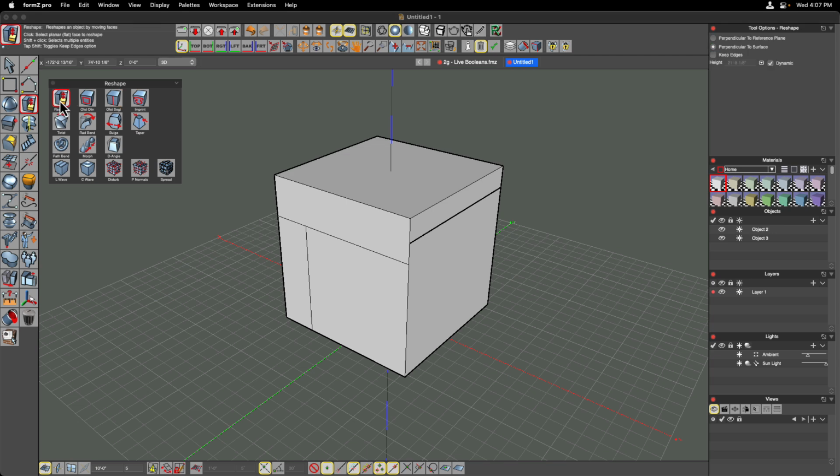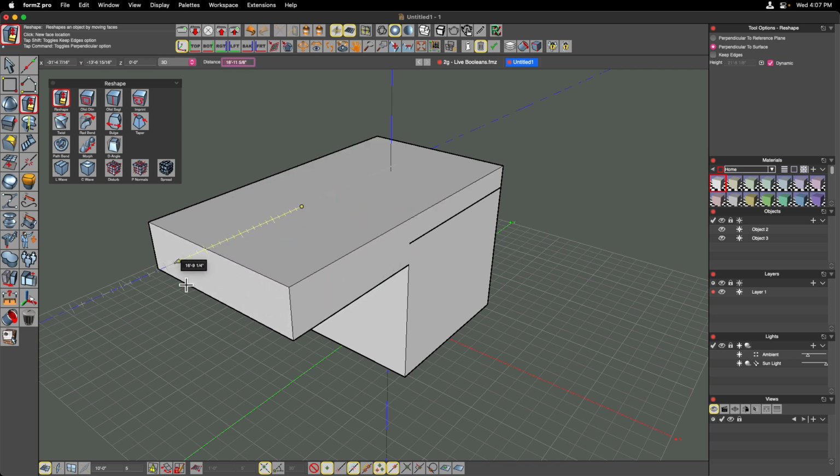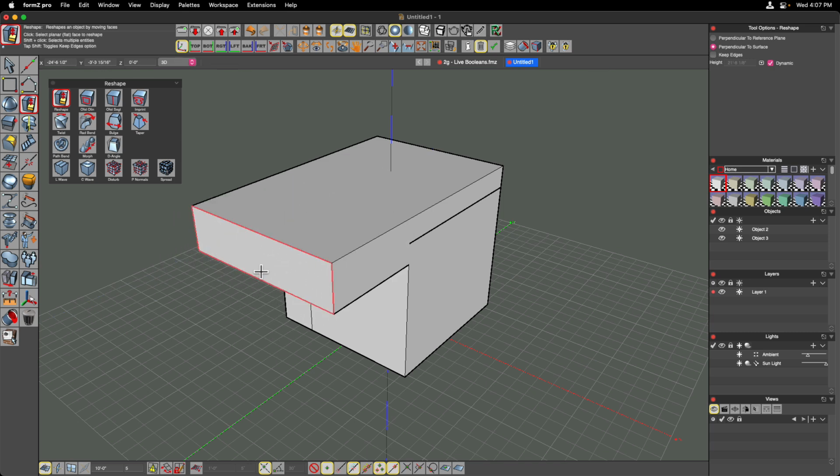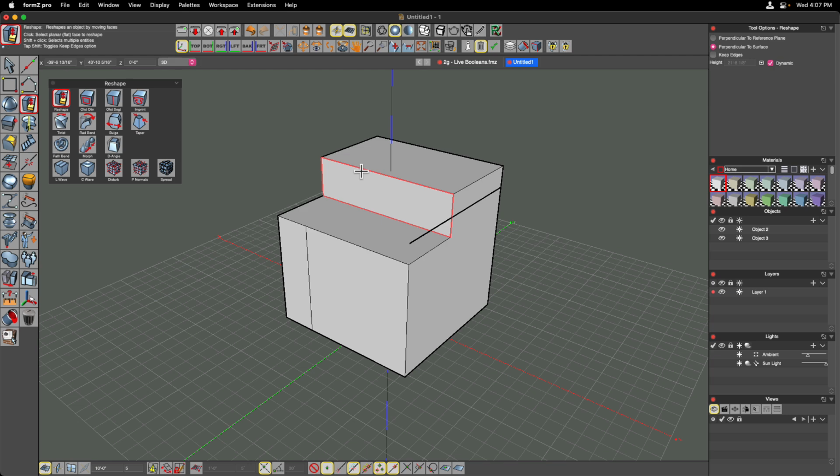So now going back to the Reshape tool, we can begin now to push and pull. And this is the live Boolean aspect of the Reshape tool. So you can see that if I pull it out, it is indeed stretching that face of that object out. And if I decide to push it in, it is carving away. I don't have to build a whole separate object and then go through my Boolean difference tools like I showed in a different video. And you'll notice that this other edge is still just sitting out here, again, because it wasn't part of that